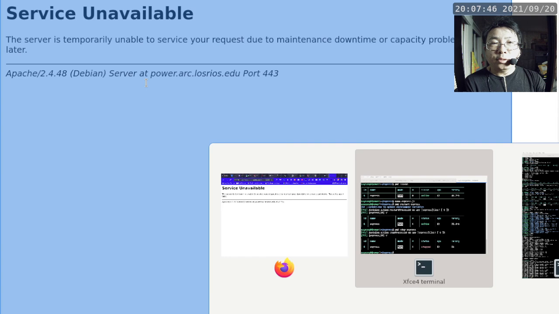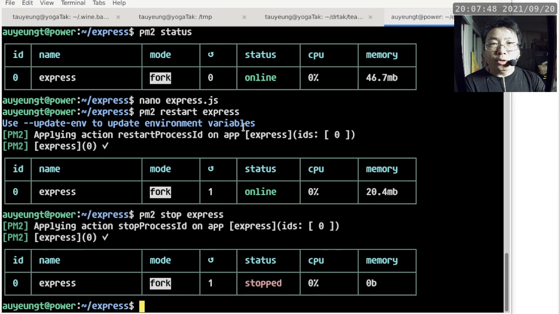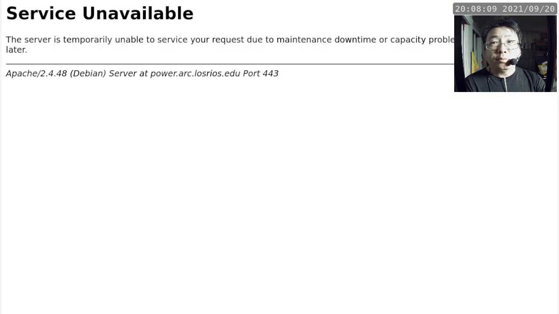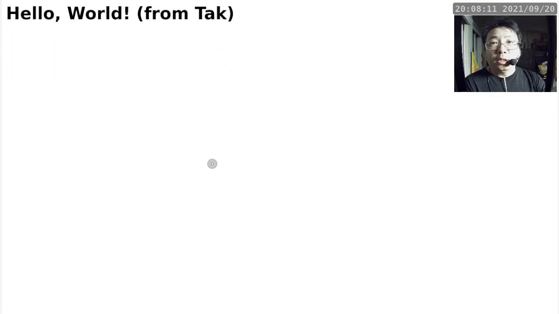So let's just say that you're now done with your changes and you want to start it again. Well, I don't think this is going to be a big question now, right? Because all you have to do is to say start. I think restart would actually work too. So even if a process has stopped already, restart probably will work. There we go. So after the restart, you go back to the browser and refresh, and it is back up